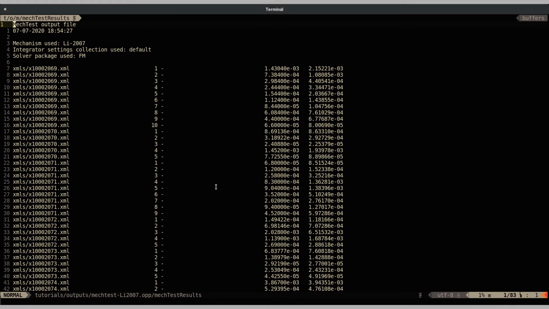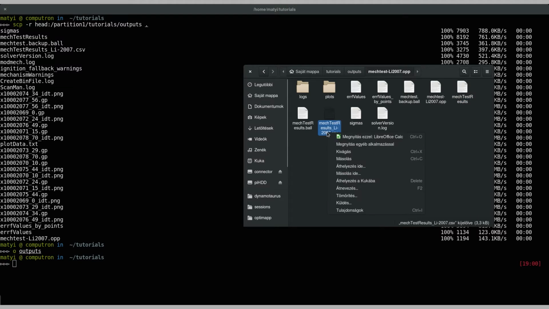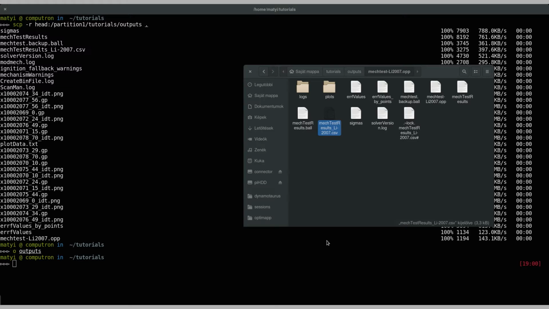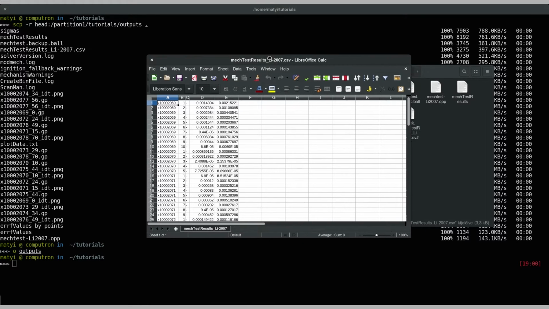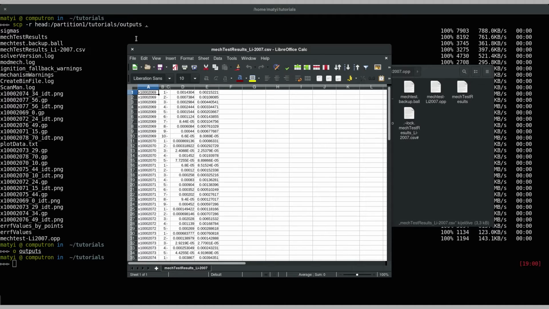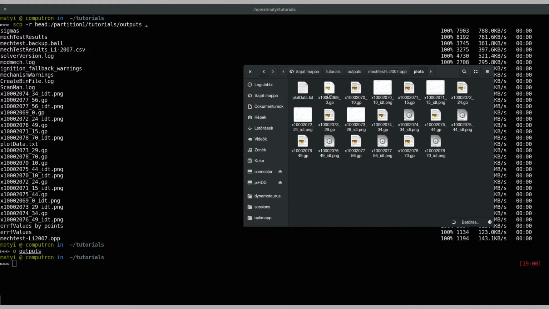This is a simple text file, and these results are also saved to a CSV file, which can be directly imported to Excel or to any spreadsheet program for easier post-processing. Optima++ can detect if GNUplot is available on the host computer.